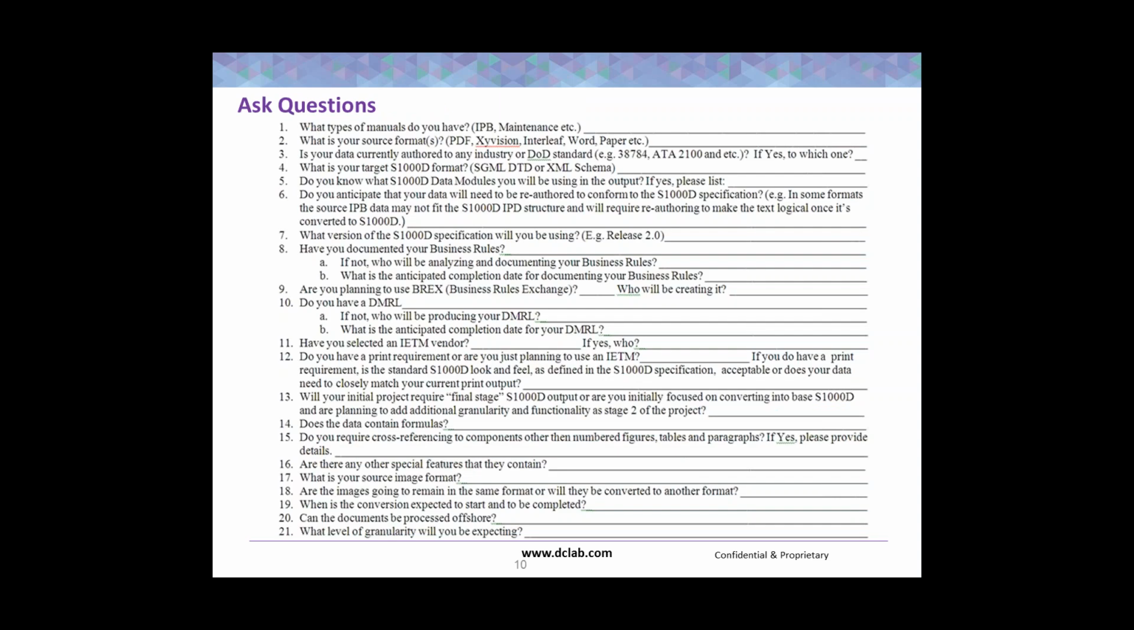Actually, I want to cover the last question, question 21 over there, which means what level of granularity will you be expecting? Now, the way it's phrased is a bit dangerous. I don't know if it should be a question. It should really be a discussion with all the stakeholders, because everybody wants all the bells and whistles. And S1000D,